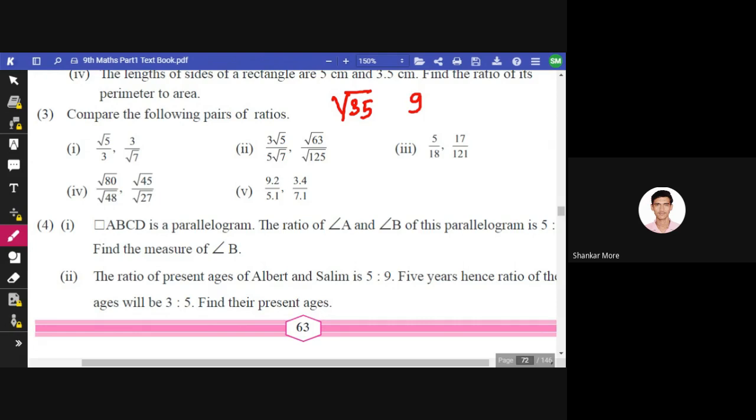बट यहाँ पे 5 के कंपैरिजन में अगर आप देखोगे तो 18 इज नॉट दैट बिग, राइट? 5 4 आर 20, मतलब 4 से भी अगर मल्टीप्लाई करेंगे सो इट वुड बी 20 विच वुड बी ग्रेटर देन 18. बट अगर 17 को आप मल्टीप्लाई करोगे 4 से, सो 17 2 आर 34 आई गेस, एंड 34 2 आर 68. सो इट इज मच मच ग्रेटर. तो 5 बाय 18 वुड बी ग्रेटर देन 17 बाय 121. आप देख के भी रेशो बता सकते हो कौन सा बड़ा है कौन सा छोटा है. Okay, in some cases, not in all cases. But when you write in the exam,